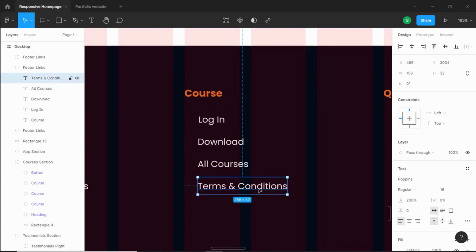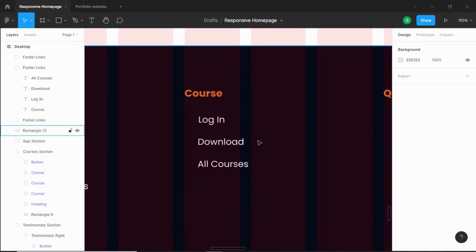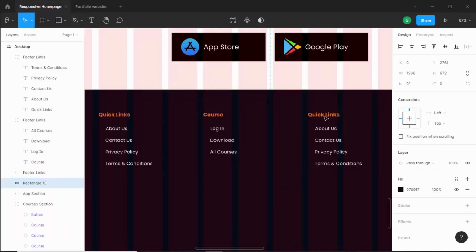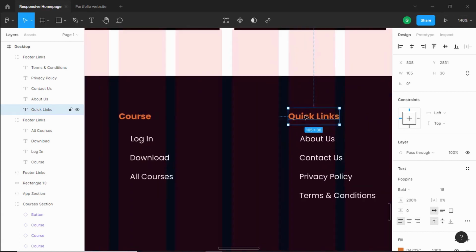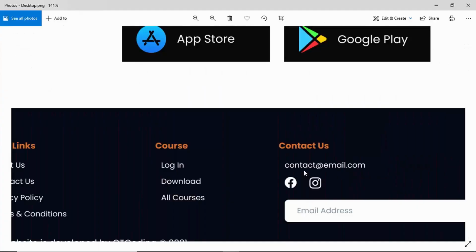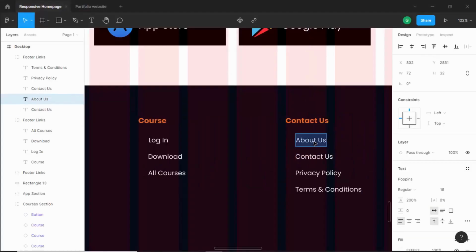And we don't need to have this last link over here, so I'll just delete this. And then for the next one we have contact us. So I'll just double click over here and align this to the left. And let's type contact us. And here we need to have the email ID. So I'll just type